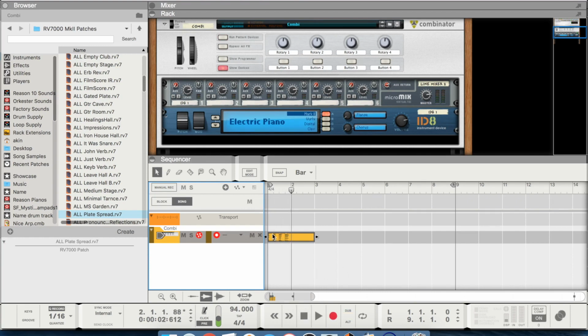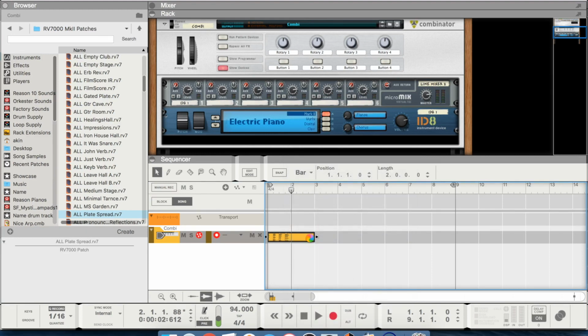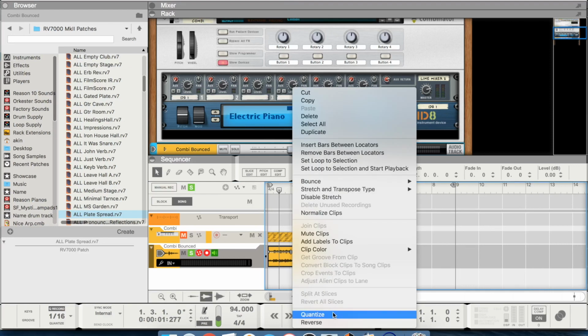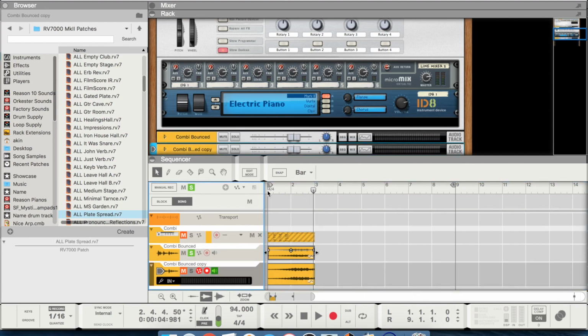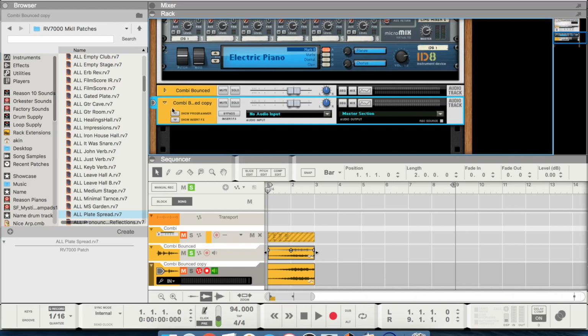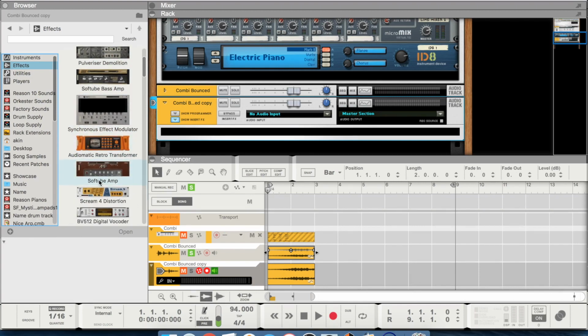Alright, and then I bounce this. Okay, so that's bounced. And then what you want to do is reverse this. So that already sounds cool on its own, but to make it a bit more interesting, I just duplicated that, and then I think I did it twice on the other track, but I'll just do it once just to save time here, and then just throw in some reverb,